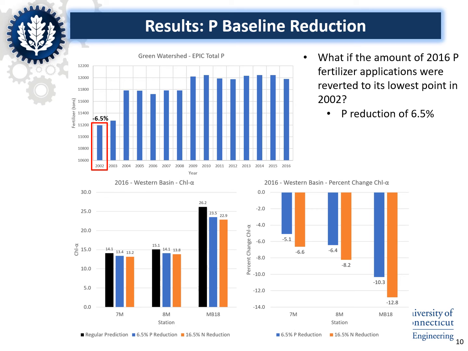We again see that the stations that are more problematic in terms of chlorophyll-A will benefit the most from the reduction in fertilizers, but we do see that following a phosphorus baseline reduction leads to a smaller decrease in predicted chlorophyll-A than it would for following a nitrogen baseline reduction. But it would be more comparable if we also reduced phosphorus fertilizer applications by 16.5% like we did for nitrogen. So now we're moving into reducing fertilizers at a more drastic and unrealistic level, which has not been trained by the chlorophyll-A model for this area of the lake.